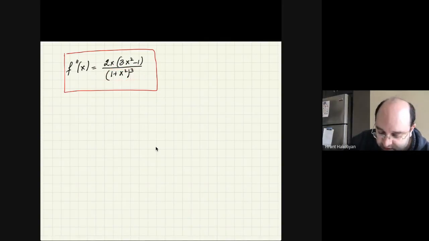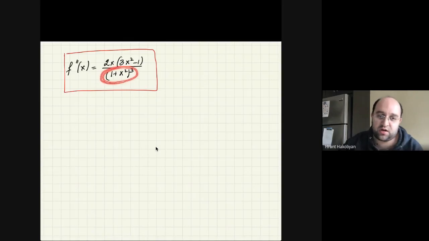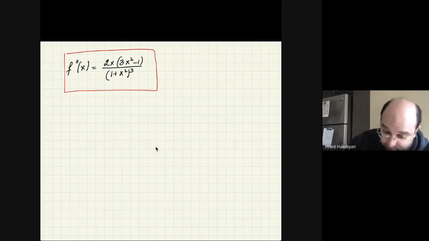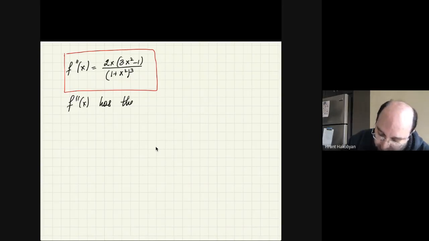Well, the denominator is 1 plus a square. Well, this is always greater than 0, so this thing here is always positive. So the whole denominator is always positive, okay? So that is not going to affect the sign. So let's just write it. F double prime x has the same sign